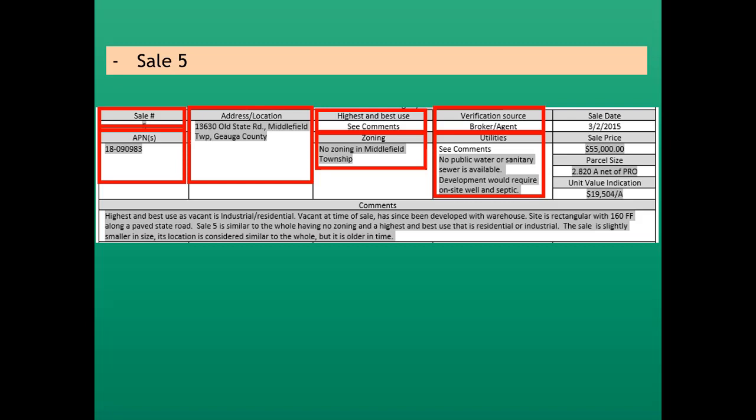Utilities says see comments. No public water or sanitary sewers available. Development would require an on-site well and septic. Sale date was March 2015, and the sale price was $55,000. Its size was 2.820 acres net of PRO, indicating a value of